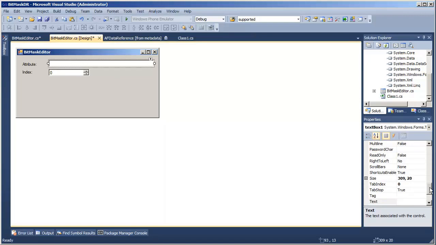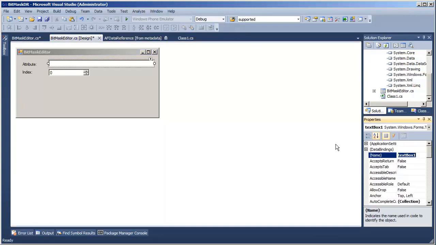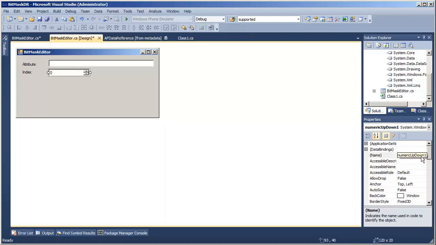I guess I should call my text box something useful like TB target attribute name, and my numeric up down index. Perfect.